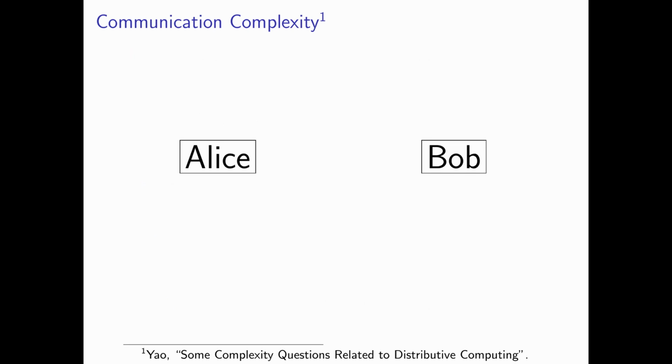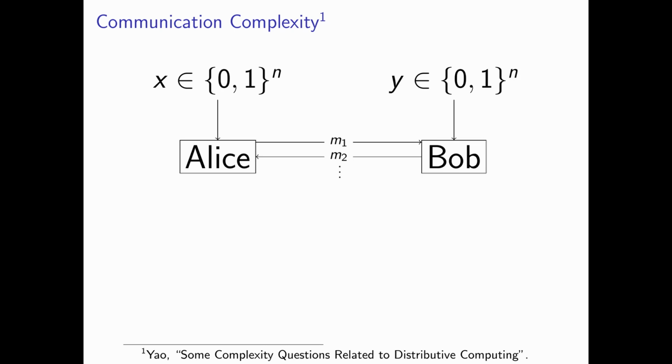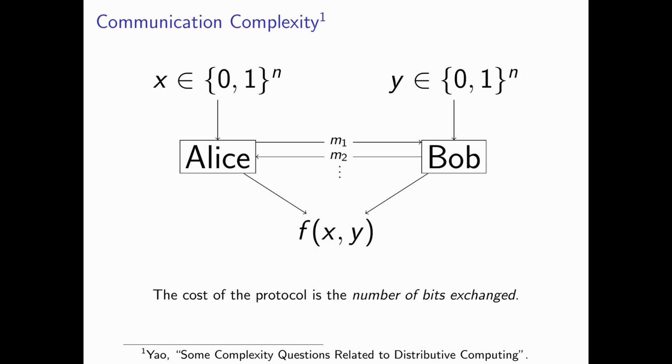Defined by Yao in 1979, communication complexity asks questions about the following setting. Two parties, Alice and Bob, each hold n-bit strings, which we'll call X and Y here, and their goal is to pass messages back and forth in order to compute some function of their strings. They are allowed unlimited computation power. The only metric on which they are measured is how many bits they need to communicate before they agree on the answer.